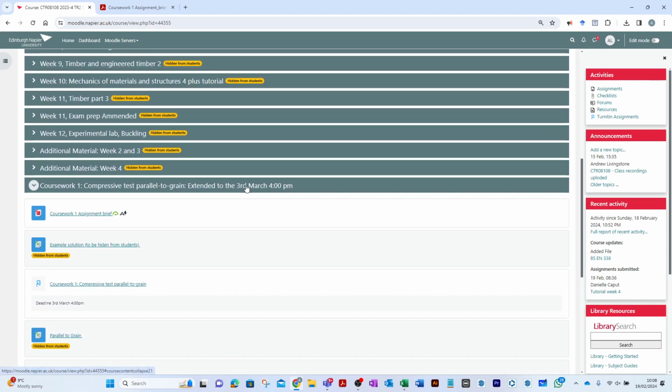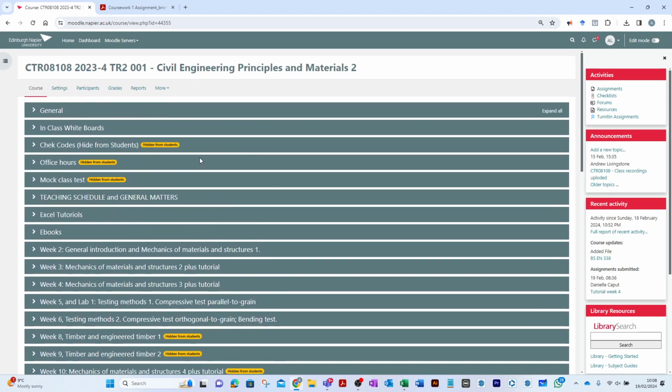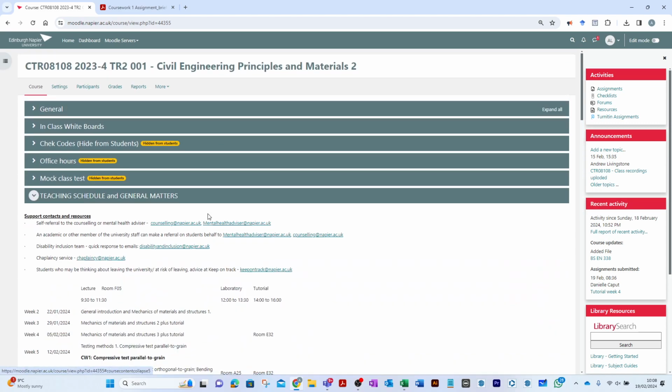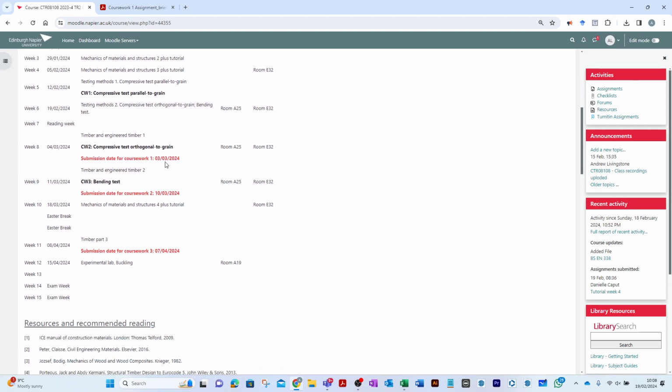So, this module used to be a try 1 module. Yeah, so it's the 3rd of March. So on the teaching schedule, it's all written here. So 3rd of March, 10th of March, and the 7th of April. Fairly straightforward. Right, let's have a look at